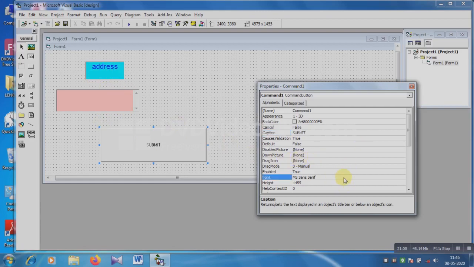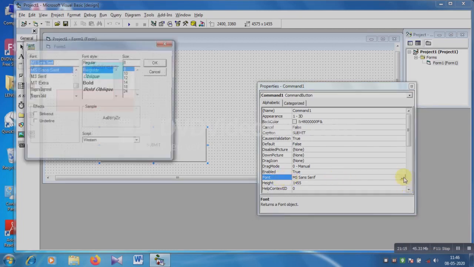Then font, this is a very important option, and using this option we can change the appearance of the font type and font style. So click on it. See, this is the font option.